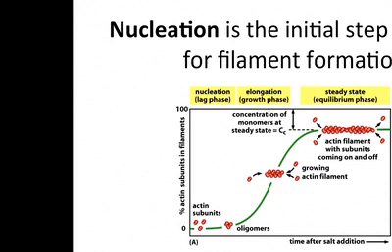Okay, so we're talking about nucleation. So this is the initial step required for filament formation. Does this look like a growth curve to you guys? A little bit, right? So I always think of this as a growth curve. And so instead of growing your bacteria, you're growing your polymer. So here you're seeing you've got your actin subunits, and they could interact or not. Eventually, you form a stable oligomer, and then,